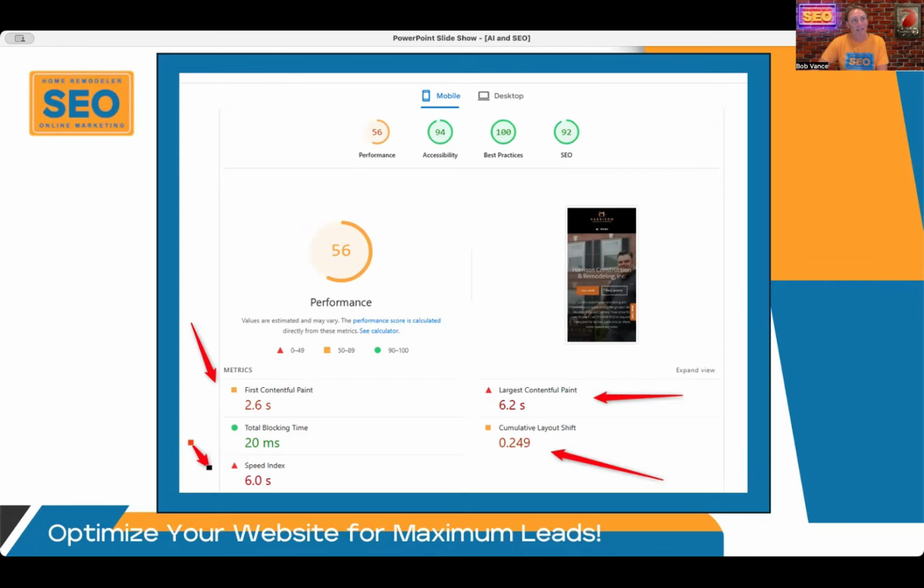So these are the things that can really hurt you from a user experience standpoint. And then Google looks at that user experience and says, well, if they're not having a good user experience, our algorithms, our spider bots that are crawling the website aren't having a good user experience. People are going back into the search results to just go to another website because yours is maybe loading so slowly or so poorly, or maybe images aren't loading and you get that little blue X and then a blank canvas, no image there. That's going to affect how you rank in the algorithm, because Google's saying this is not the experience that people really want. So these are important things to look at.